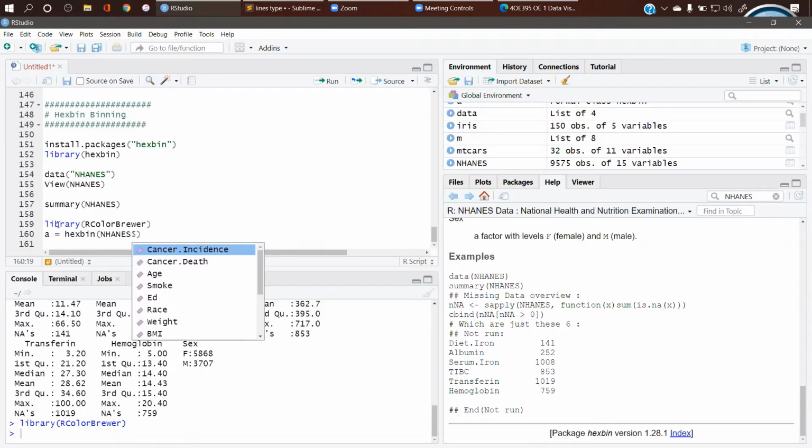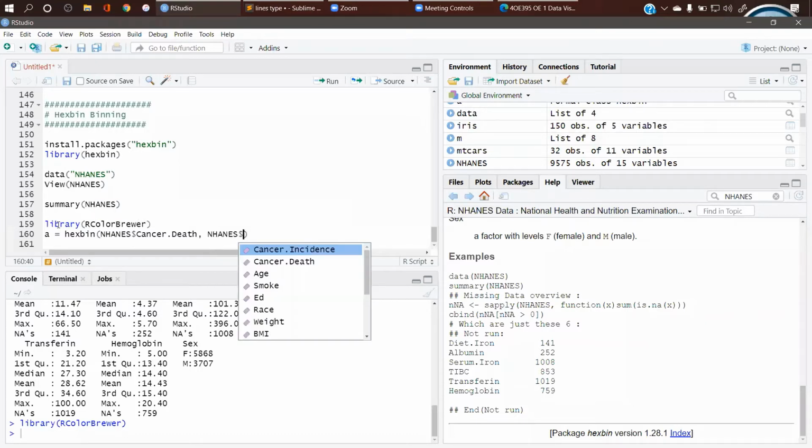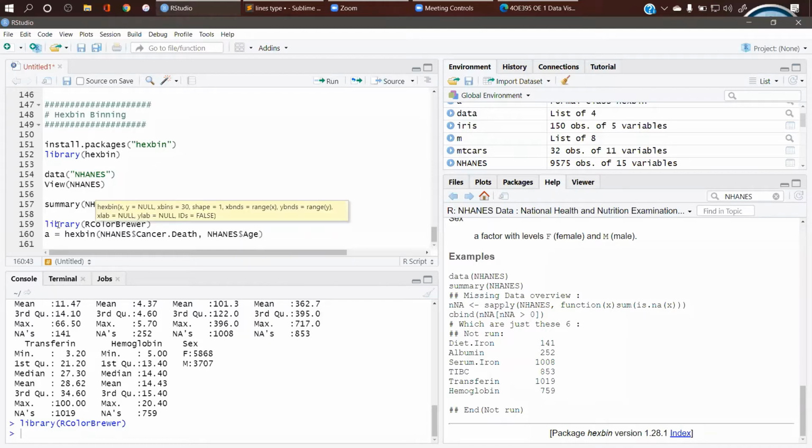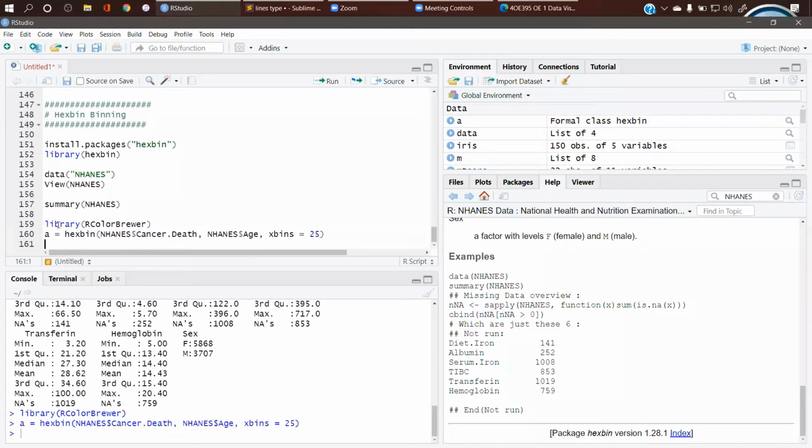We'll go with cancer death with respect to age, right? And how many bins? Probably 25 bins. So A is here, and we'll plot A.